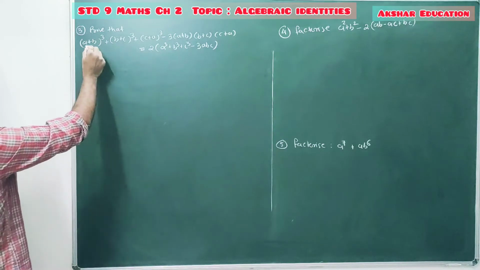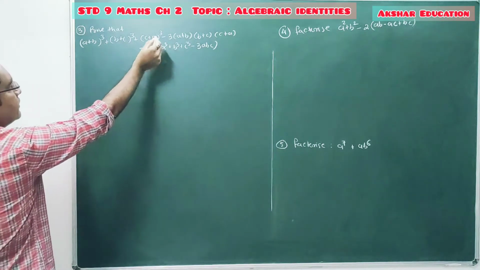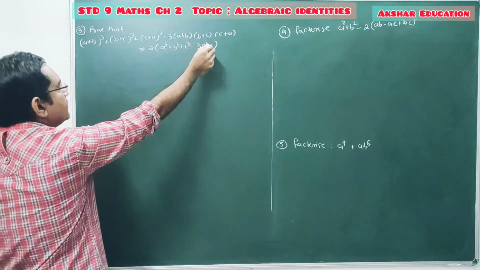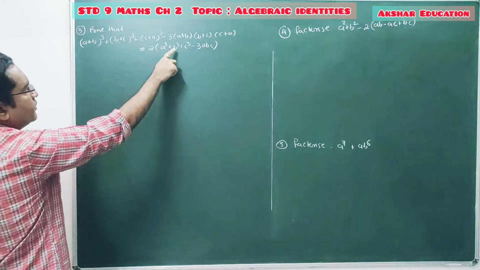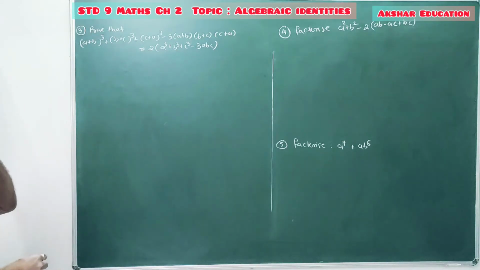Here we have to prove that (a plus b) whole cube plus (b plus c) whole cube plus (c plus a) whole cube minus 3 into (a plus b) into (b plus c) into (c plus a) is equal to 2 into (a cube plus b cube plus c cube minus 3abc). This is good. Now,